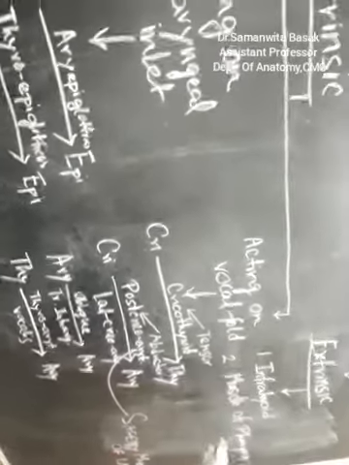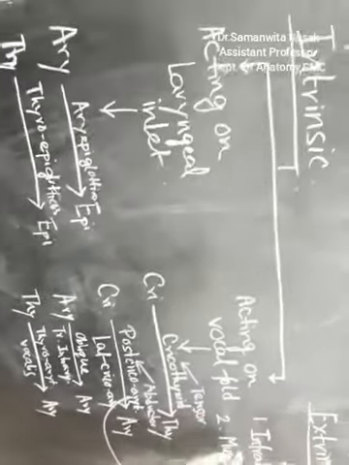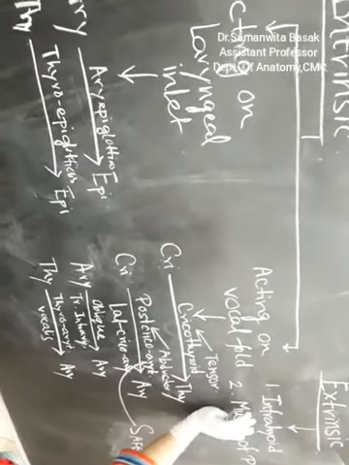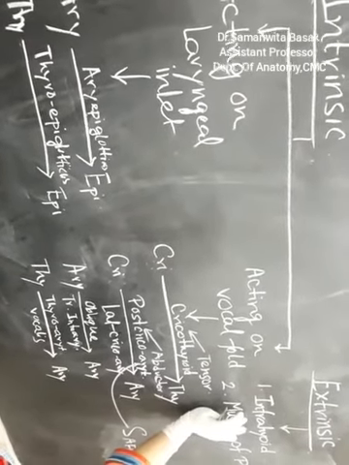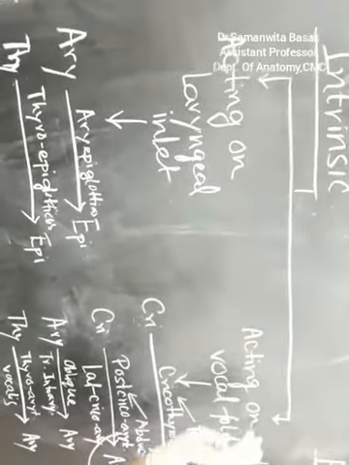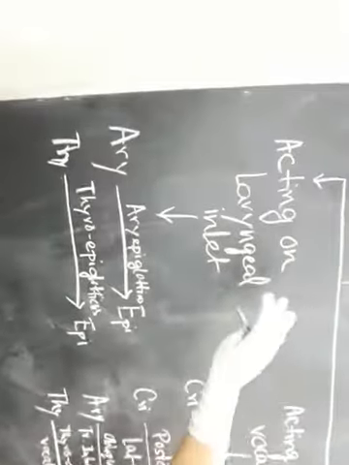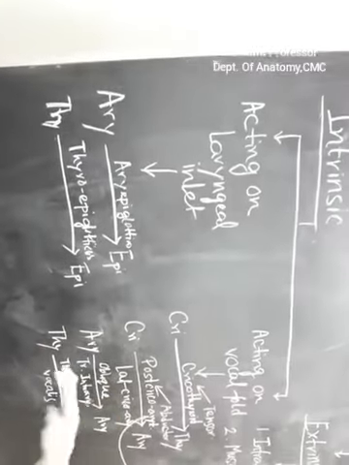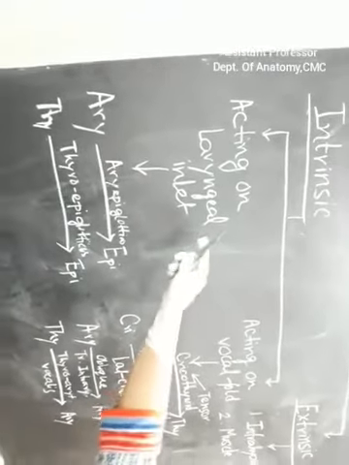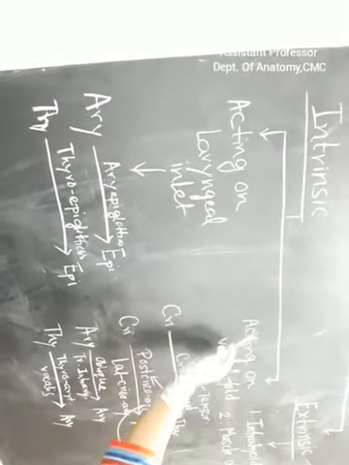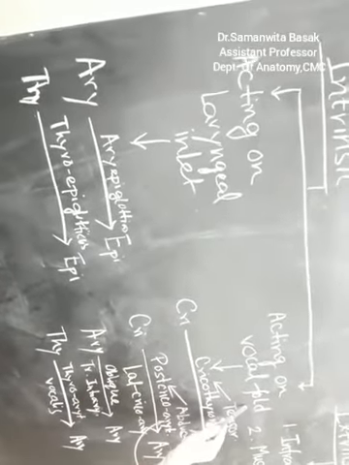So those are extrinsic muscles, and what is their function? Basically they help in movement of larynx during the time of deglutition. They help in the movement of larynx as a whole. Now what about intrinsic muscles? Those are very important. This is a very easy version of this. The muscles can be divided into those acting on the laryngeal inlet and those that act on the vocal fold.